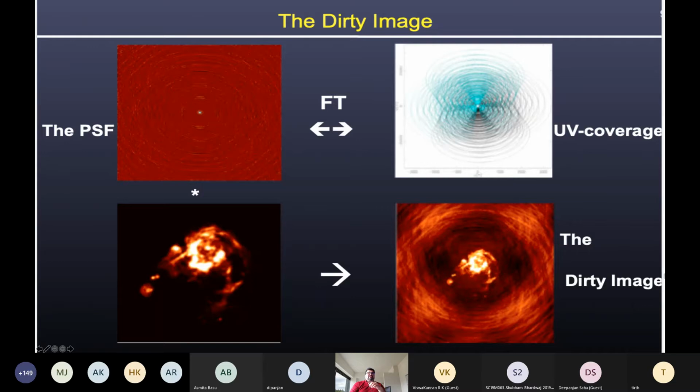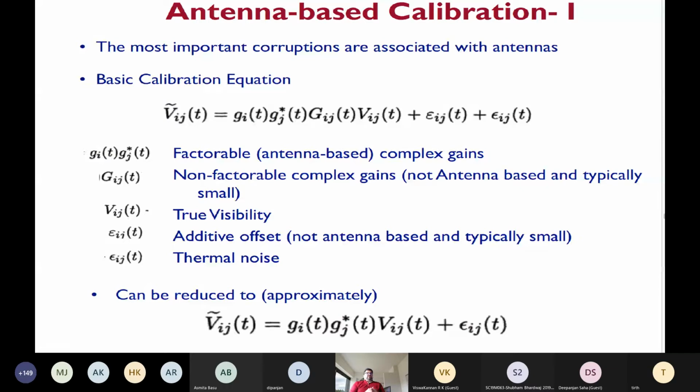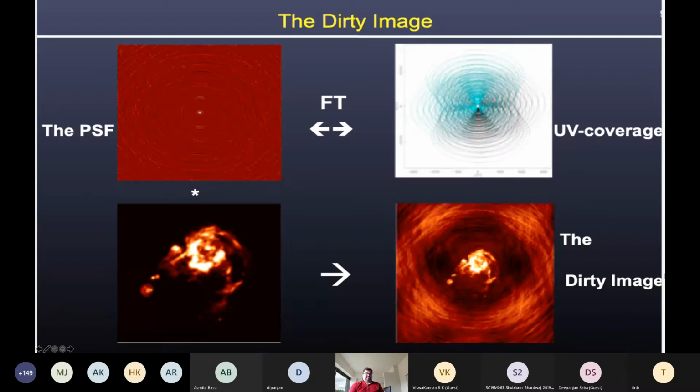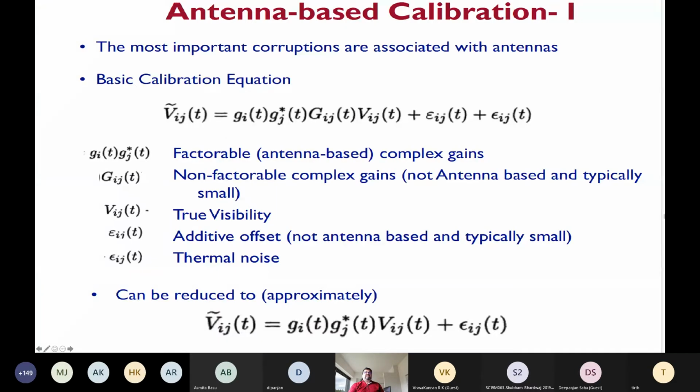So it is a one step. This is like the PSF of the beam. You convolve that, and this is the dirty image you get, which is basically without the deconvolution. And so you have to clean that to get back to the original. So that's one step of basic calibration and imaging which has been done to get to the image from the sky. Now, typically, if you're looking at the visibility, it comes with a bunch of gains in front.